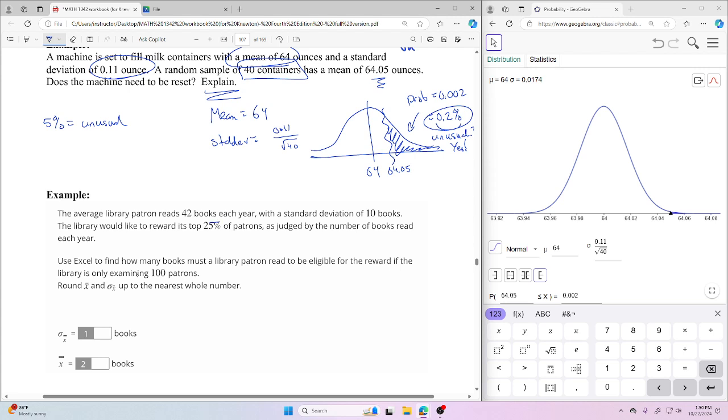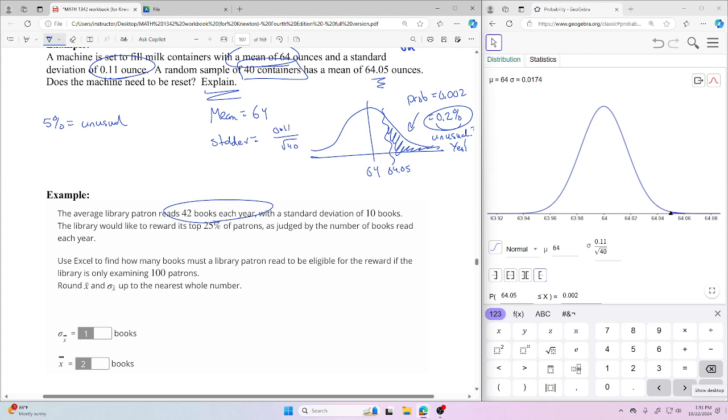Average library patron reads 42 books a year. Oh my gosh. That's the average, guys? Who in here reads 42 books a year? Come on. You get pretty close, right? You do? For reals? Do you want to tell me what kinds they are? Okay. That's cool though. That's good. Good reading. Yeah, I don't read 40-something books a year. I'm happy to read like 4 a year maybe. But okay. That's cool though. It's a good hobby, good pastime. It's better than the movies, isn't it? Totally. I know. I just don't do it as often. Maybe,